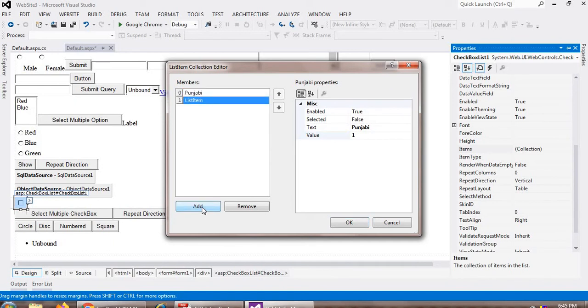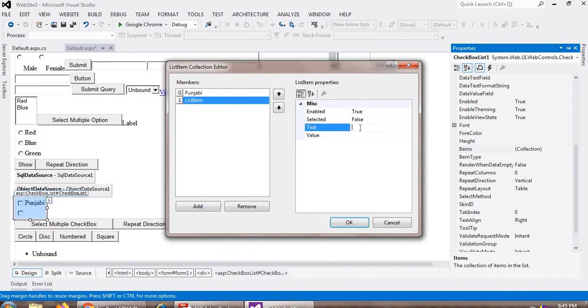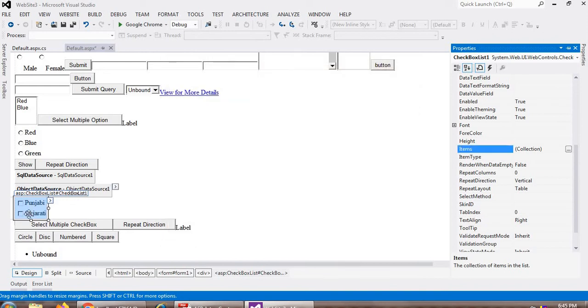Again I add a second item, and here I can write Gujarati, as the second choice. Okay, then click the OK button, then it displays your items like this, Punjabi and Gujarati, right?